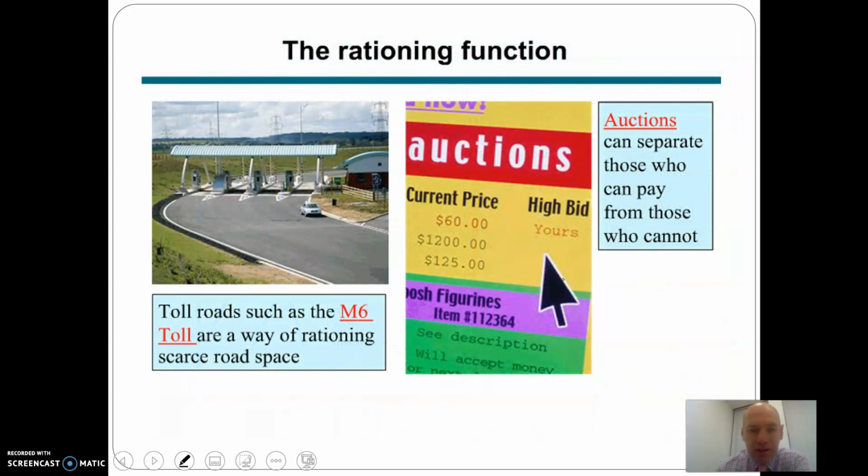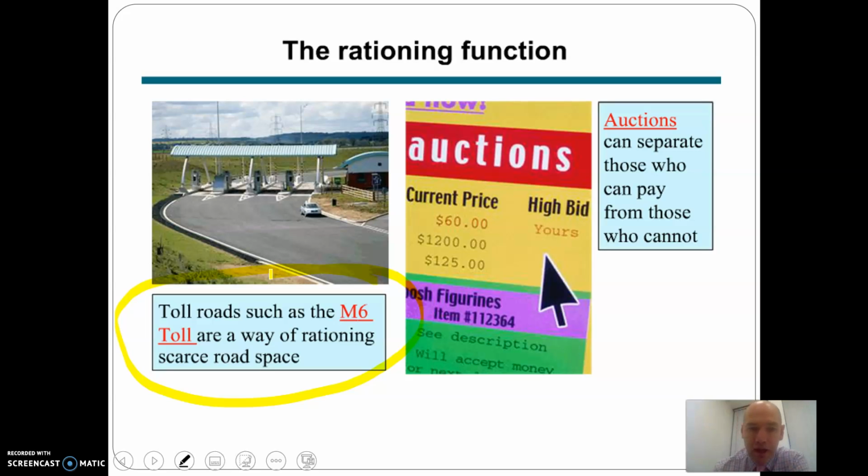Just a couple of other real world examples for you. This is the M6 toll road. I'm not sure if any of you have ever been on it. I haven't, but basically it runs parallel to the M6 motorway, and the stretch of motorway from Birmingham upwards north can be very congested, and particularly around Birmingham. Well, if you're prepared to pay, then you can use this parallel M6 toll road,